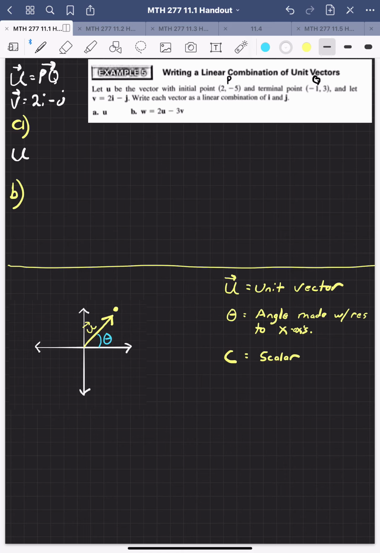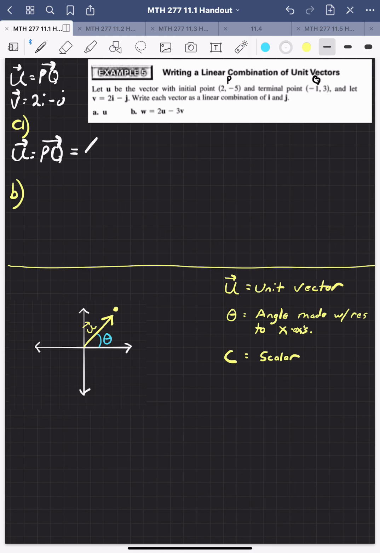So we know u is this directed line segment from P to Q. Notice here's the path that I'm going to take. I'm going to go to component form, and then from component form, I'm going to go to ij notation. So let's get this in component form first, then we'll get it into ij notation. This is just a trip down memory lane, previous video. You recall that to get it in component form,